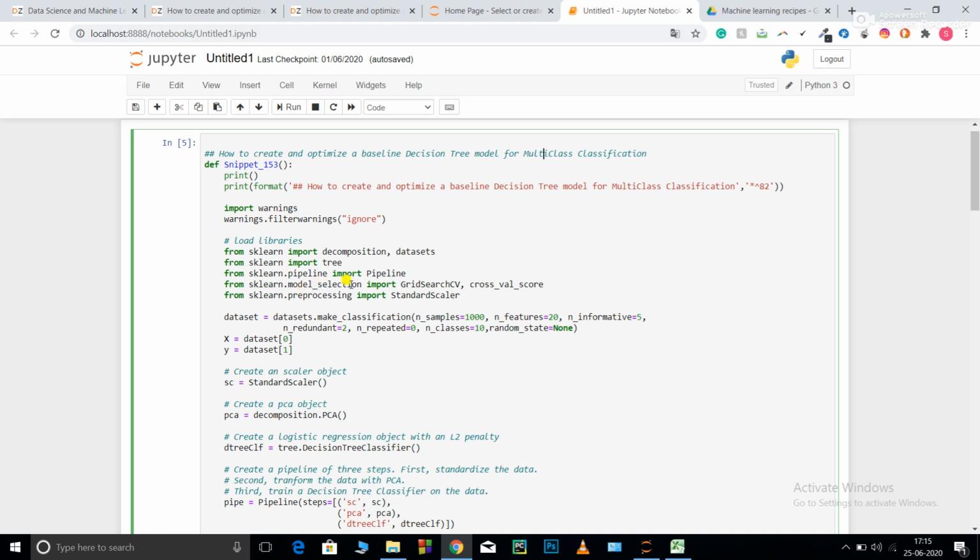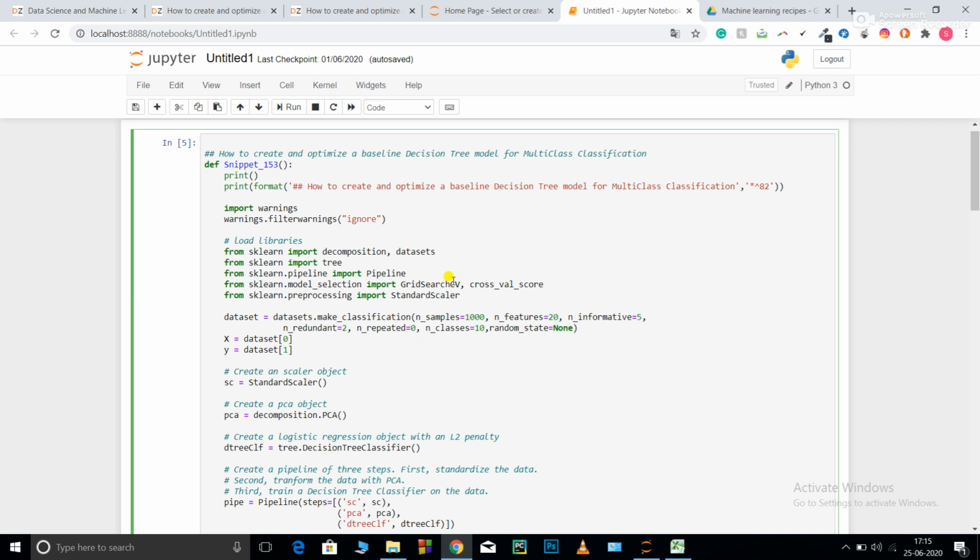Now from sklearn.model_selection I've imported GridSearchCV. Now I have hundreds of parameters. I cannot write code for each of these parameters and then check my accuracy. So in order to avoid that, we use GridSearchCV. There are two methods for hyperparameter tuning: one is GridSearchCV and one is RandomizedSearchCV.